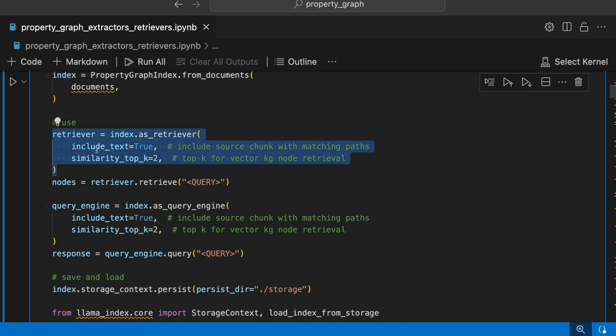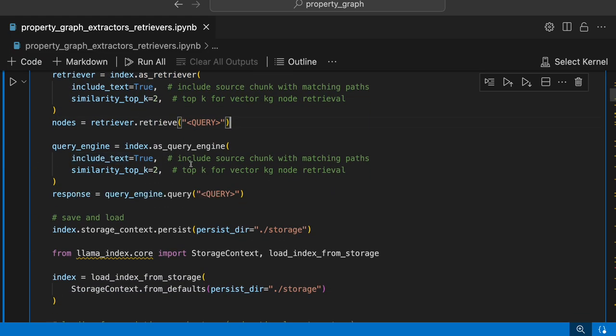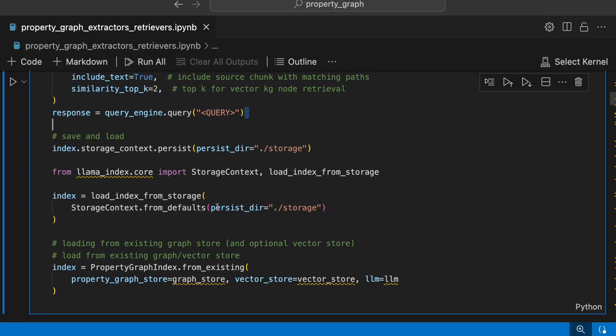Include text, as I said earlier in the previous video, means you can return the nodes along with the source text as well, or else you can just return the nodes. So include text includes the source text as well for these nodes. And then retriever.retrieve will retrieve the nodes, and then you can even build the query engine and generate a response accordingly. You can save the index and load the index again,